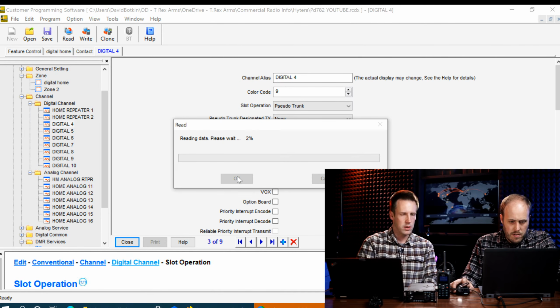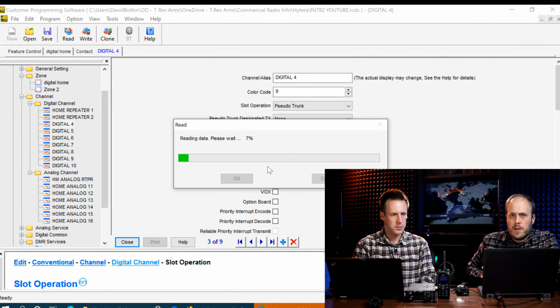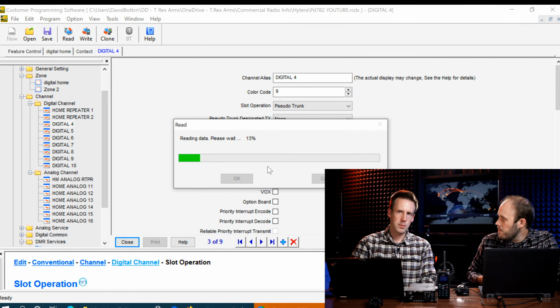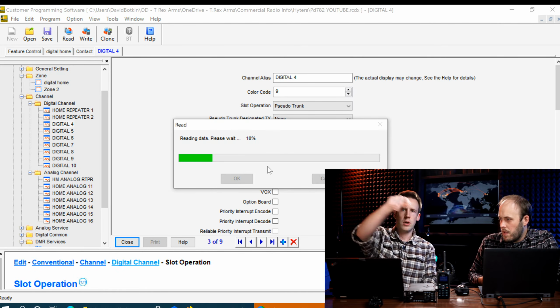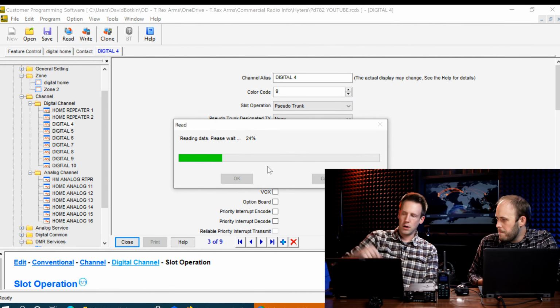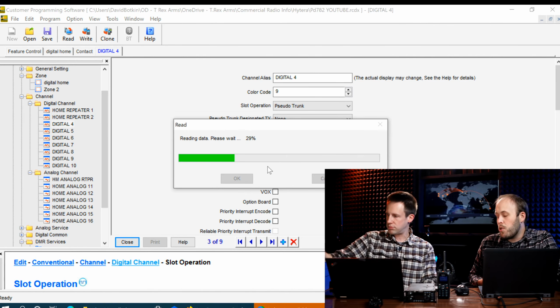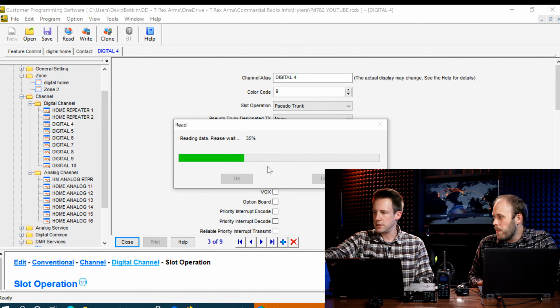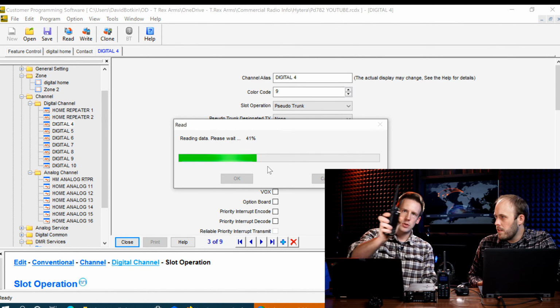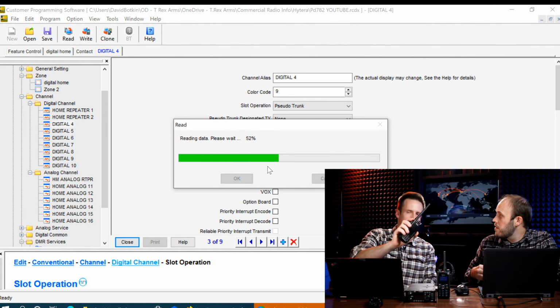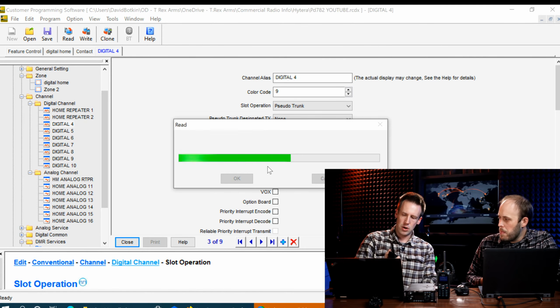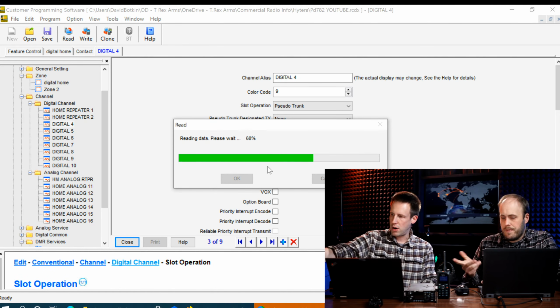So for example, one of the things that Hytera radios have is something called pseudo trunking, which is built into a Hytera radio, and it's built into the Hytera repeater. It's super cool, but what it means is that an amateur DMR radio won't be able to use all of those features. And a Motorola won't either. And we're not sure exactly how gracefully all of these things will fail, but that's part of our experiments.